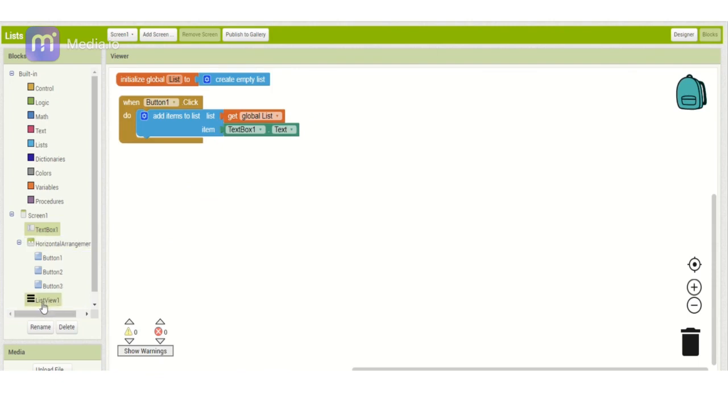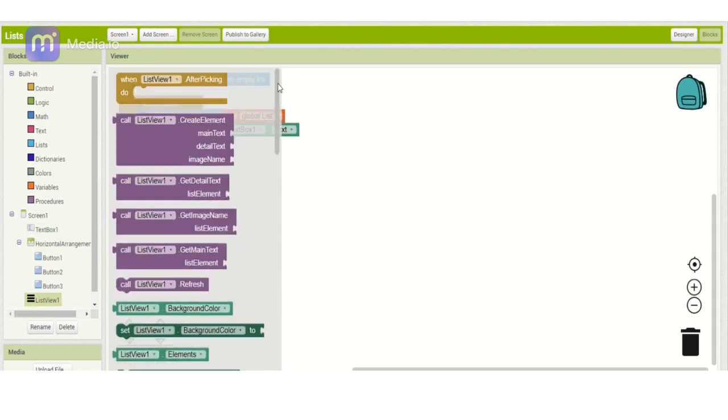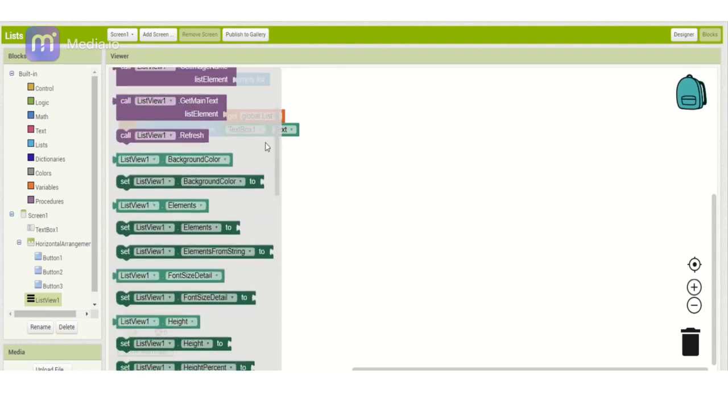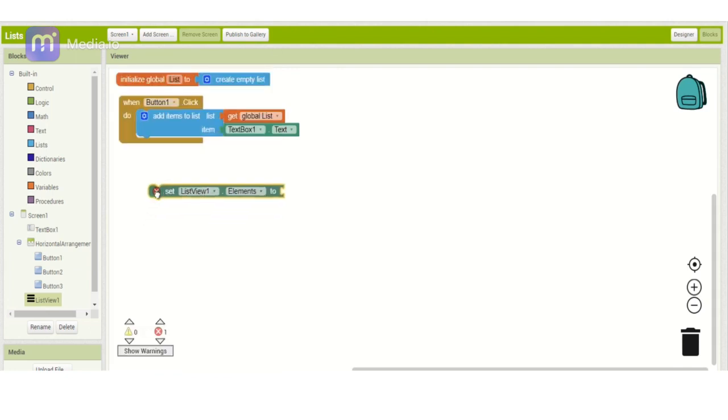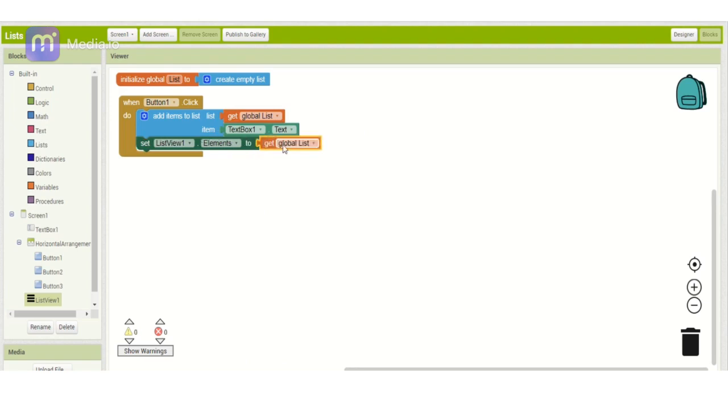After that, go to list view and get this block, set list view 1 elements 2, and then it'll be get global list. So the reason we added this block is